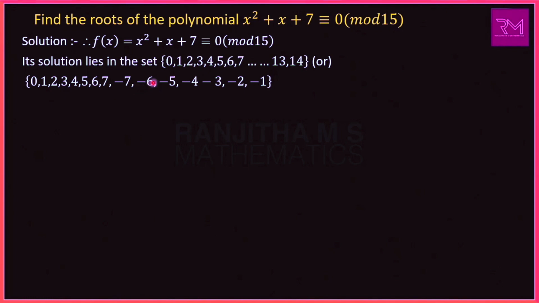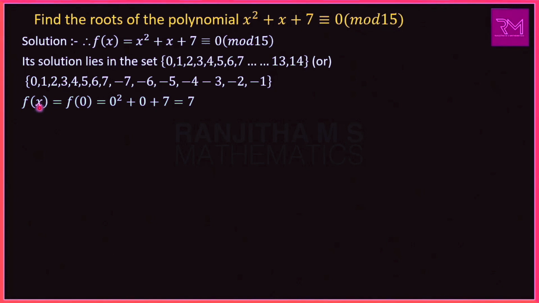In a similar way, we can substitute in the place of 9 as minus 6, in the place of 10 as minus 5, 11 as minus 4, 12 as minus 3, 13 as minus 2, and in the place of 14 as minus 1, because 14 is congruent to minus 1 under mod 15, because 15 divides 14 minus of minus 1, which is plus 1. 14 plus 1 is 15. Obviously 15 divides 15, which is satisfied. So we can take this set the same as this. This is because if we substitute a larger value in the given polynomial, it is very difficult to find the values. So we are using this method to find the roots for the polynomial.